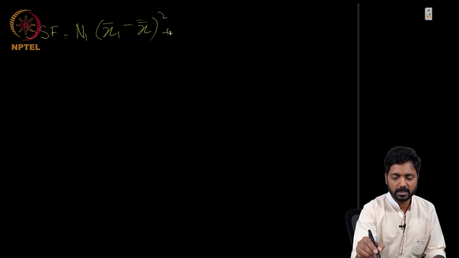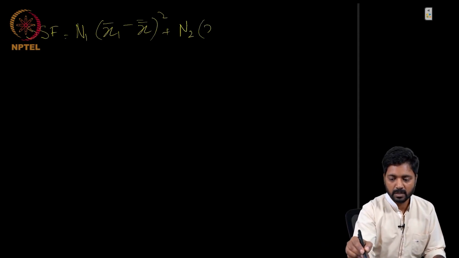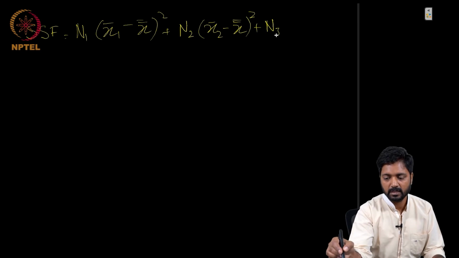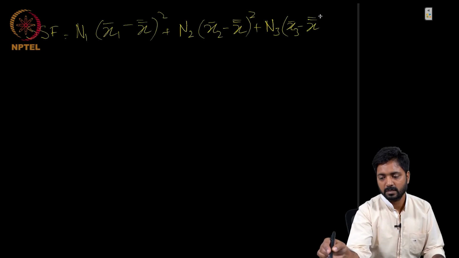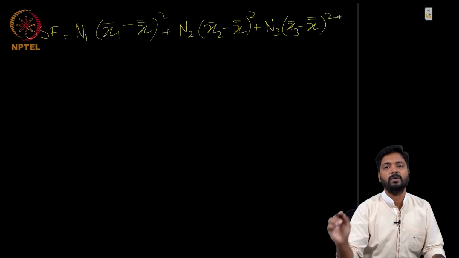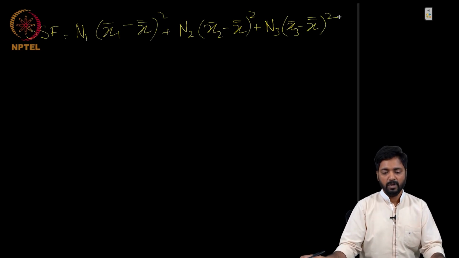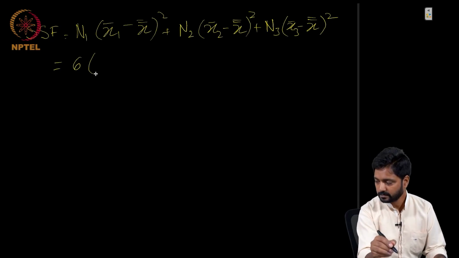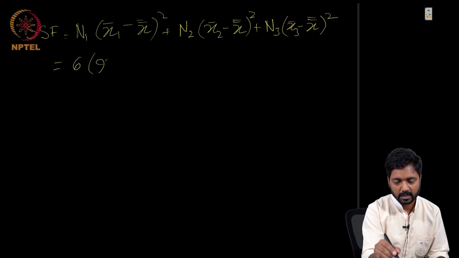So with these numbers in our hand, we calculate the sum of squares due to factors, which is nothing but n1 into x1 bar minus x double bar squared, plus n2 into x2 bar minus x double bar squared, plus n3 into x3 bar minus x double bar squared. So, when we plug in the numbers, we get 6 into 93.83 minus